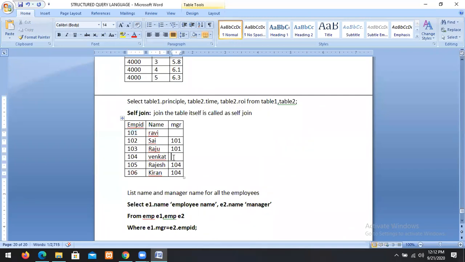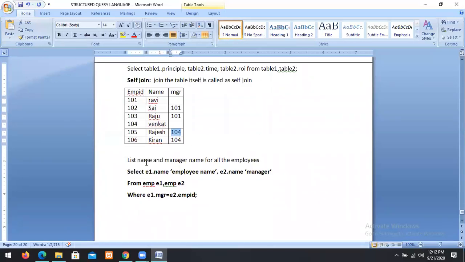For the row with no MGR number, this row is not printed. Again 104, this row is joined with 104, Venkat. Like this we can create the tables.